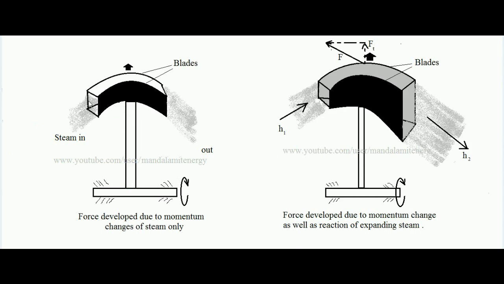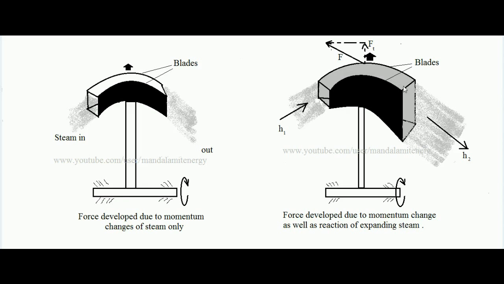See, in case we compare, for impulse turbine the blade height doesn't change and there is no change of enthalpy in the moving blade. Whatever the enthalpy of steam going inside, the same enthalpy is coming out. So there is no change of velocity of steam in impulse blade. So the force developed on impulse blade is only due to momentum change. But in case of impulse reaction turbine, what happens? The force developed on the blade is due to momentum change as well as a reaction developed, because the velocity increases in an impulse reaction blading system, because actually the blading system of impulse reaction turbine itself is acting as a nozzle.